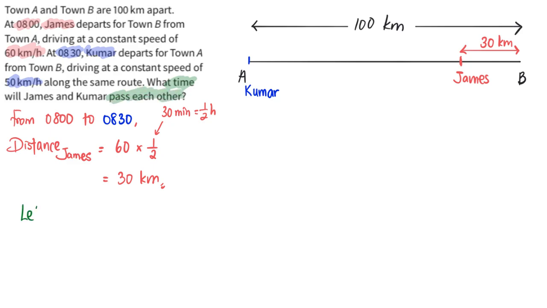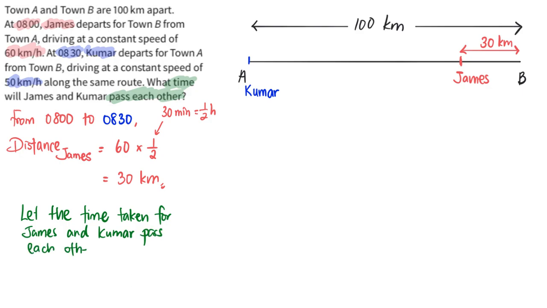I'm going to let the time taken for James and Kumar to meet each other, to pass each other, be T. Okay, and this is going to be important because from here on I want to find the distance by Kumar,